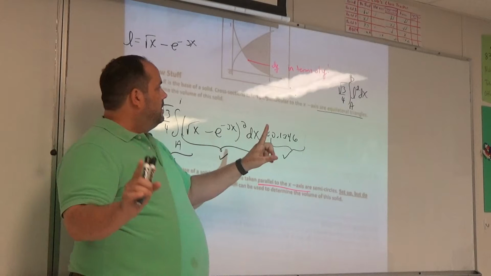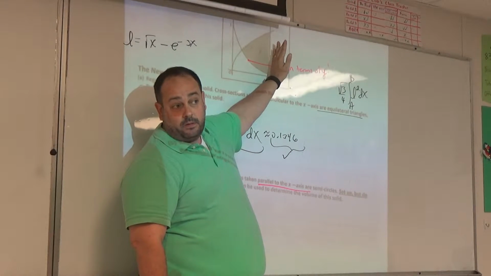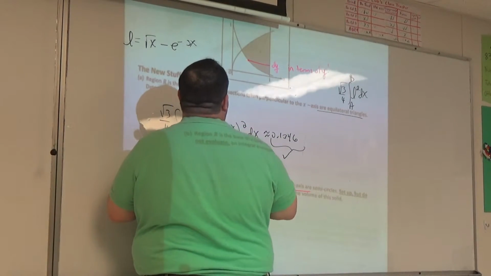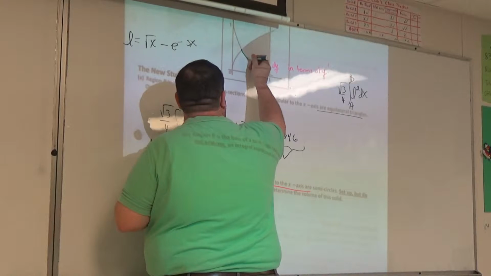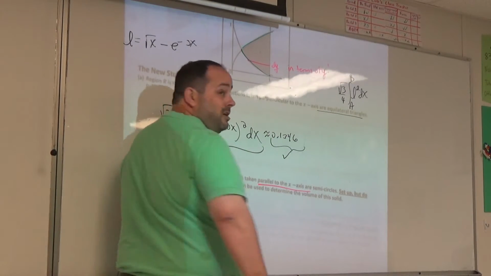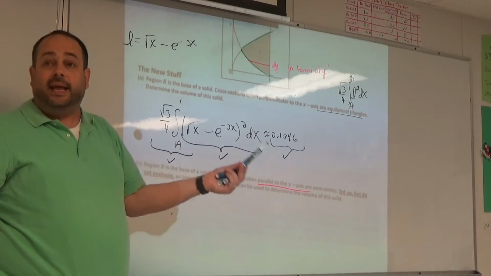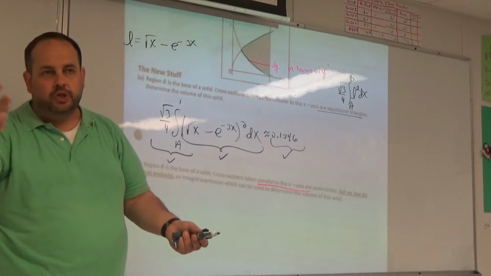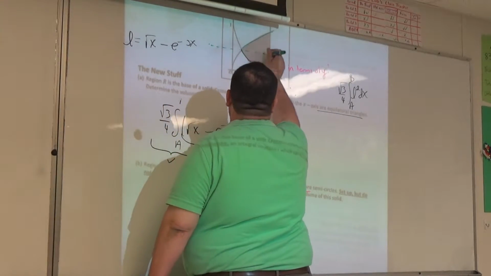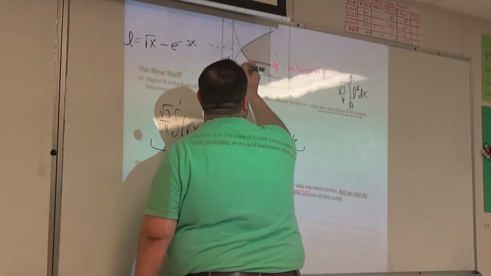x equals 1 is what's on the right. What's on the left? It depends. Are you down here on this part of the curve, or up here on that part of the curve? As soon as you say my answer depends, guess what? Two integrals. I would imagine, if I'm drawing my slices down here, let's call this region number